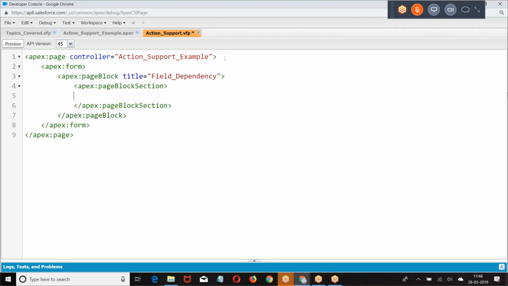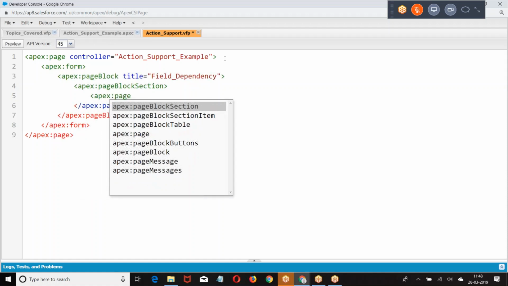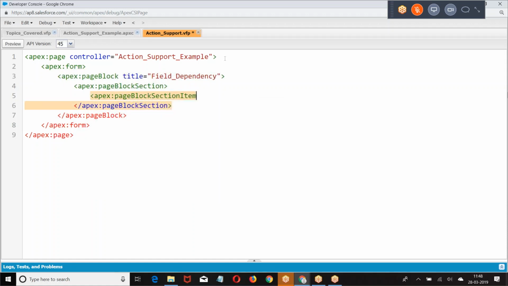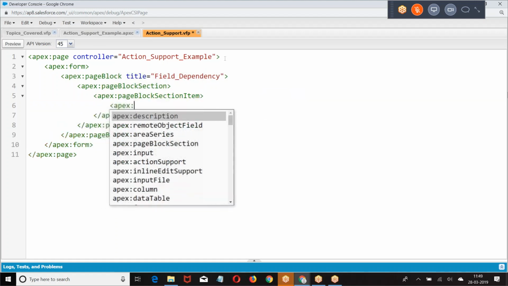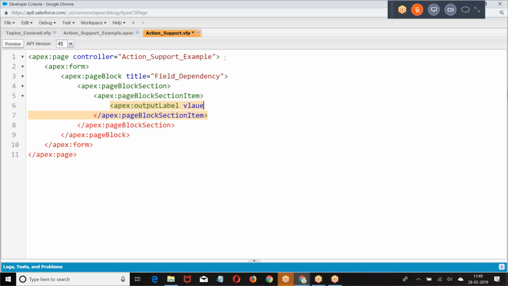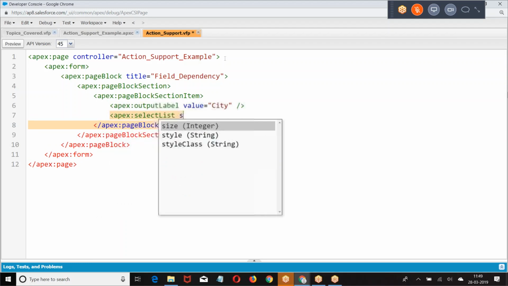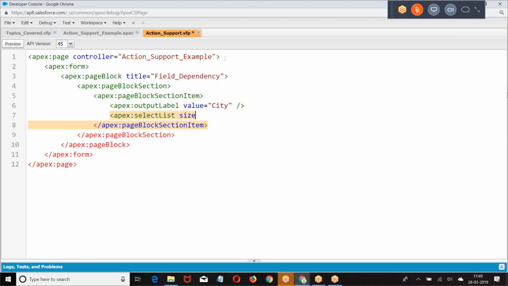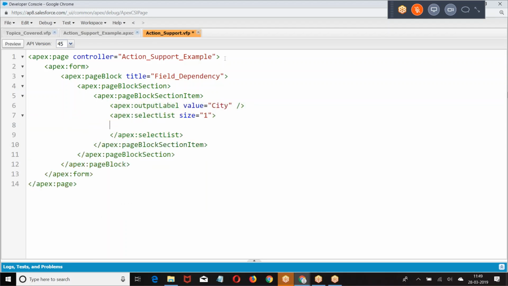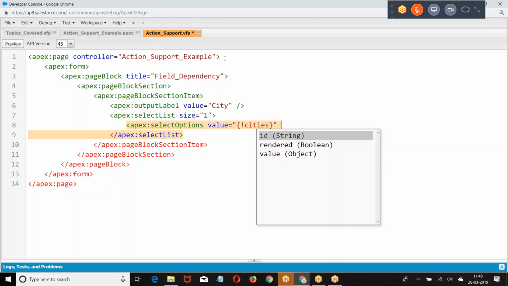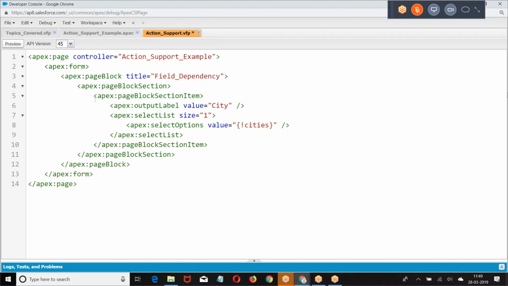Log section. Log section item. Select list is equal to 1.